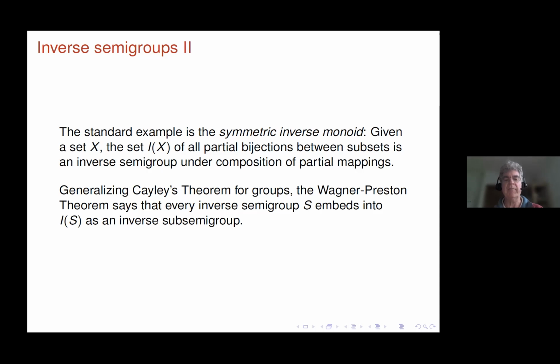And it says that every inverse semigroup actually embeds into the symmetric inverse monoid on the underlying set of the semigroup as an inverse subsemigroup. So this is precisely a generalization of Cayley's theorem. It probably has some categorical interpretation in terms of the Yoneda lemma, but I have no idea what that would be. Anyway,